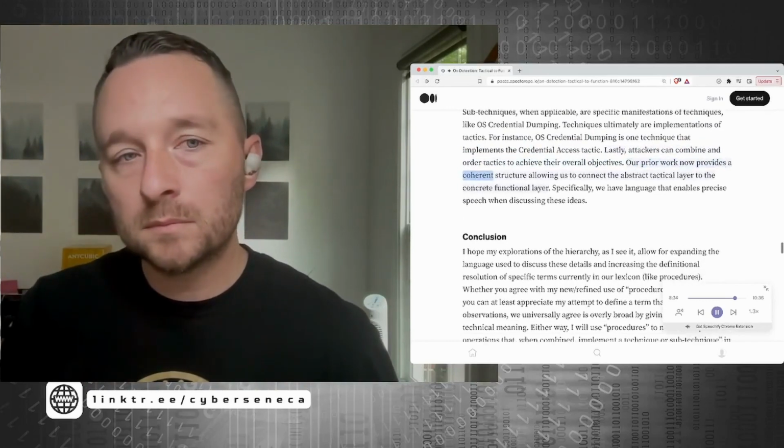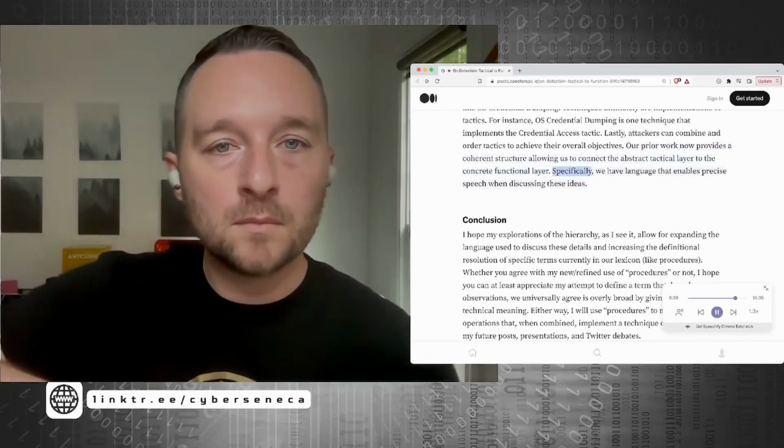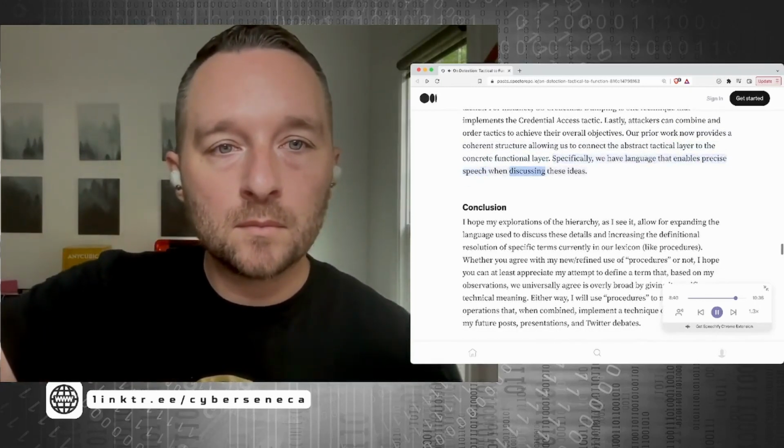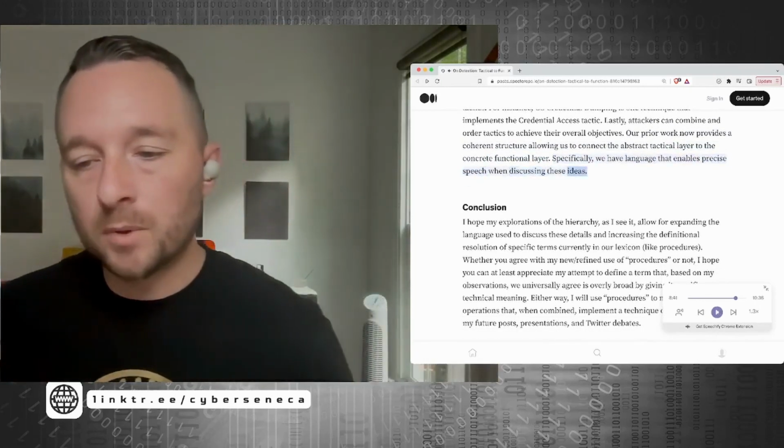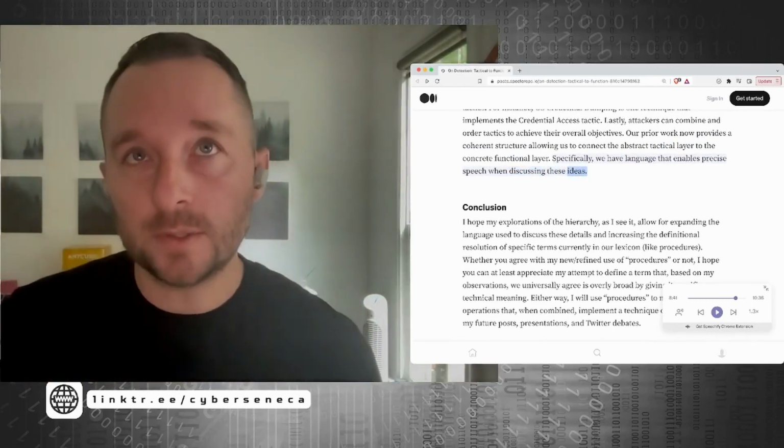Our prior work now provides a coherent structure allowing us to connect the abstract tactical layer to the concrete functional layer. Specifically, we have language that enables precise speech when discussing these ideas. What's important about having the precise speech, and it's something that I'm working through personally,